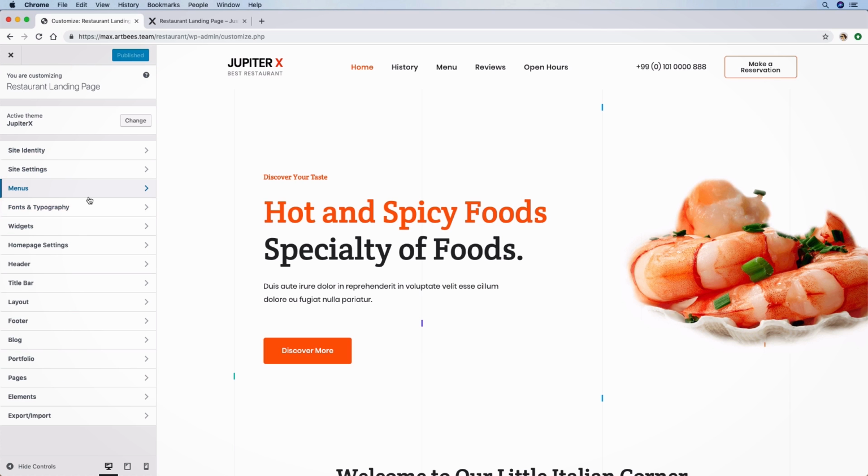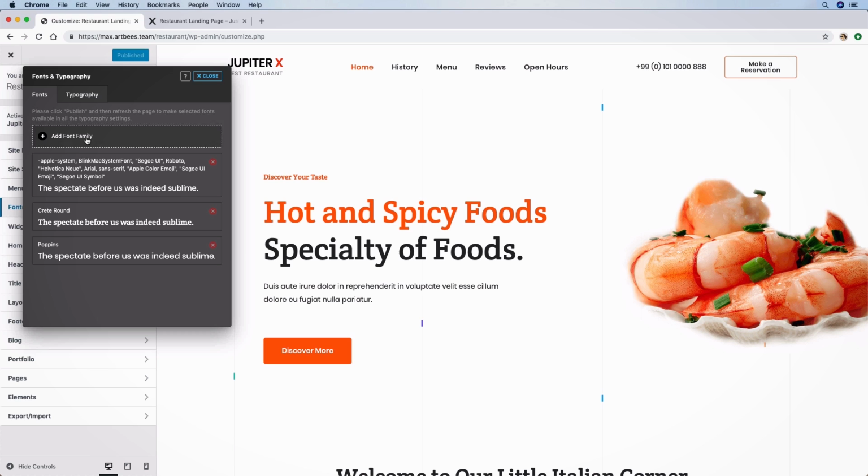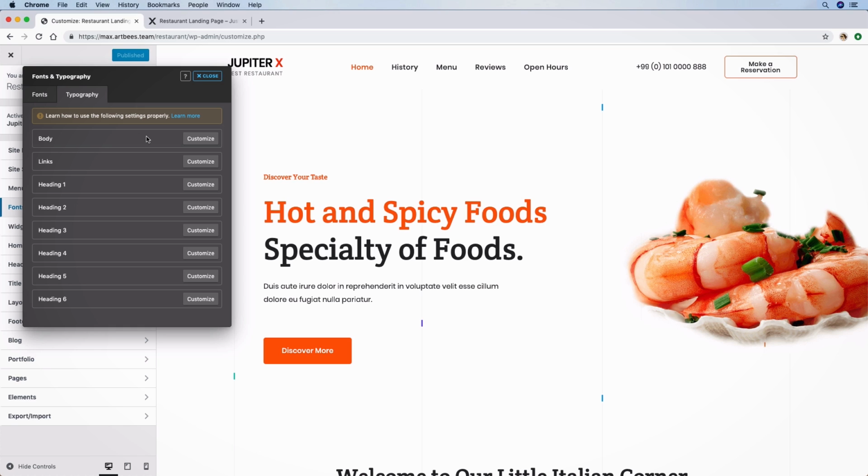You can choose which menu to use, and then the fonts. These are the system fonts, and they're always there. But then you can add your own fonts. Here we have Cret Round and then Poppins. And after you add these font families, you can come here and assign each part of your